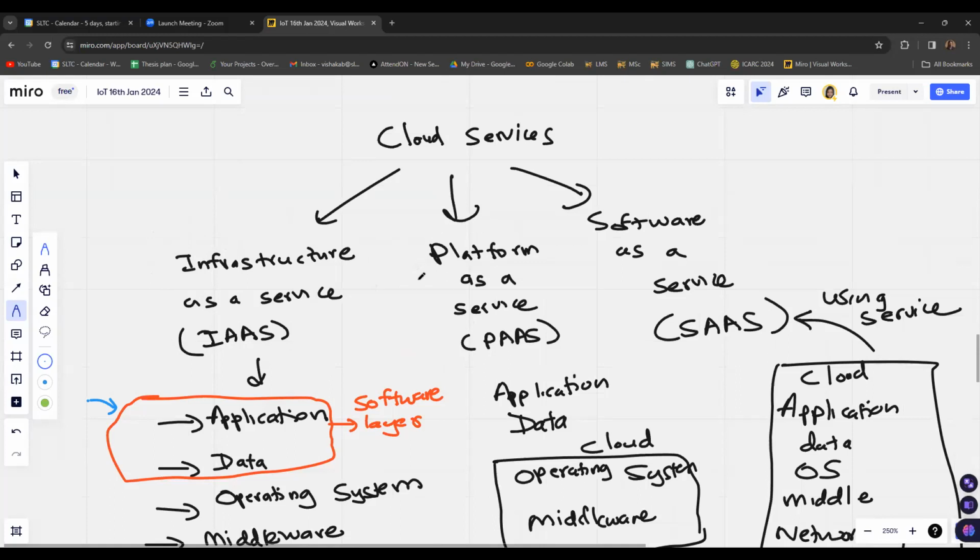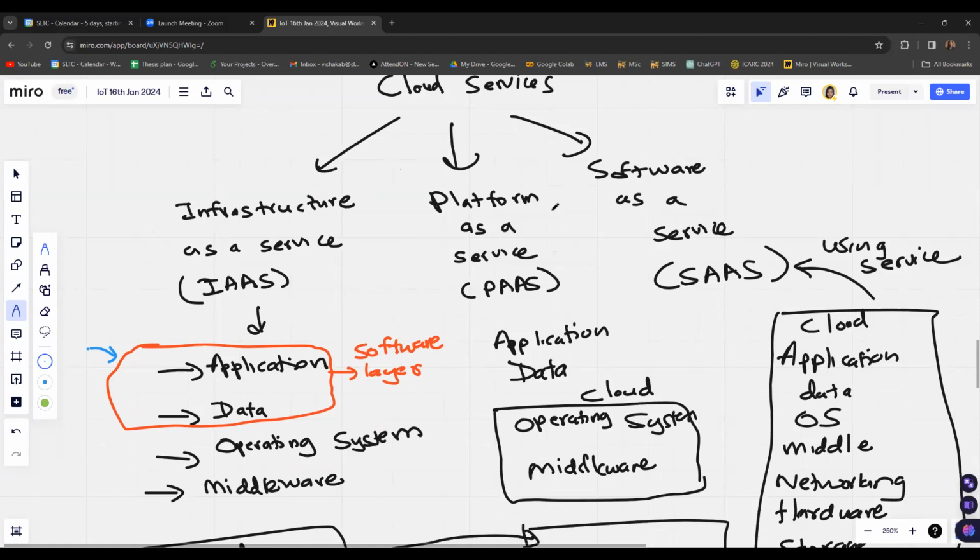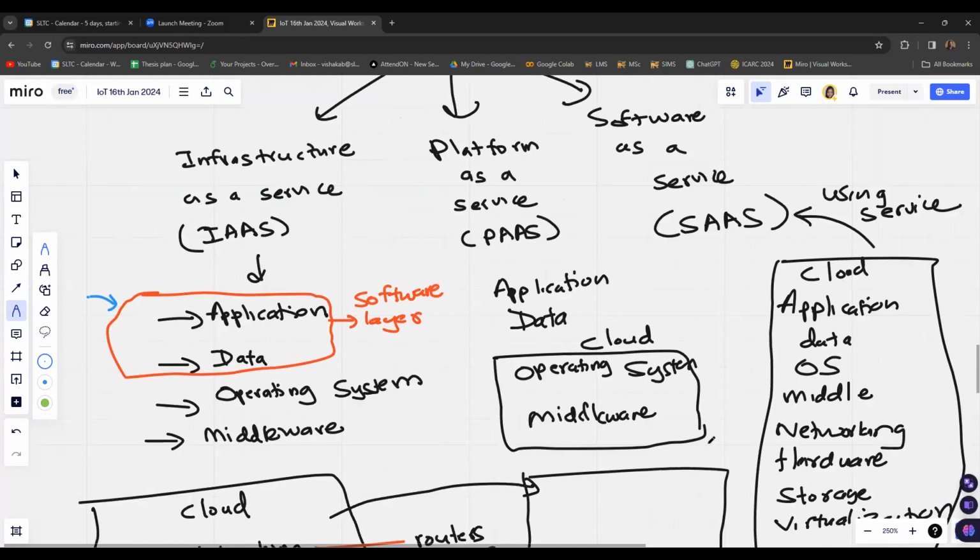Then if you have an intention of not really building the infrastructure as you need, but you want basically a platform to develop software, so if your company wants a platform to develop software, then you can use the platform as a service model. This will allow you to develop software on top of an already available platform.